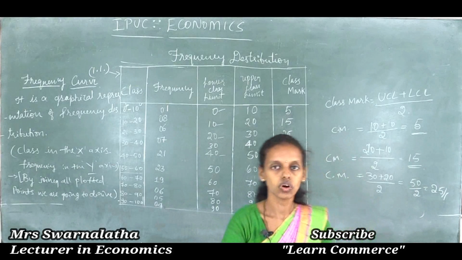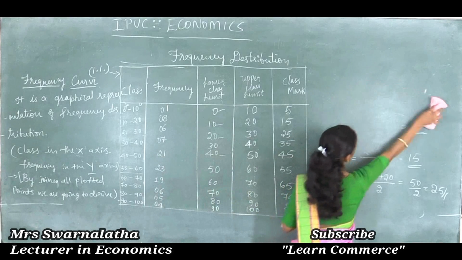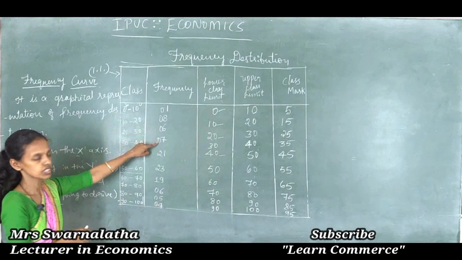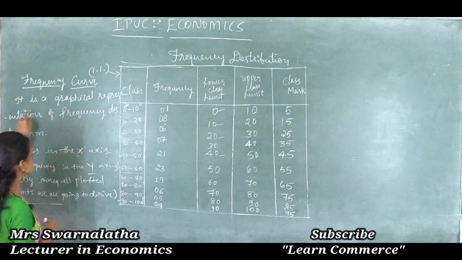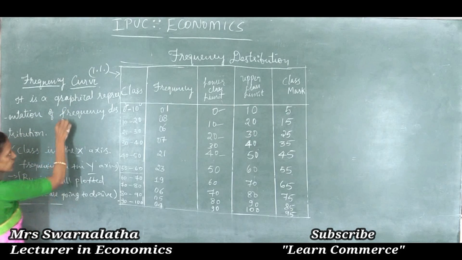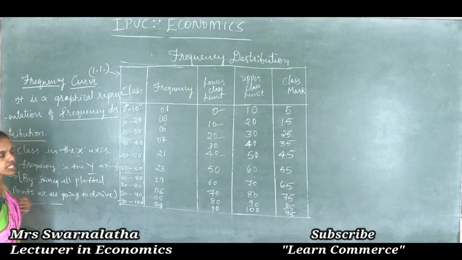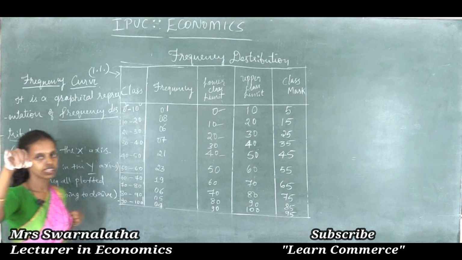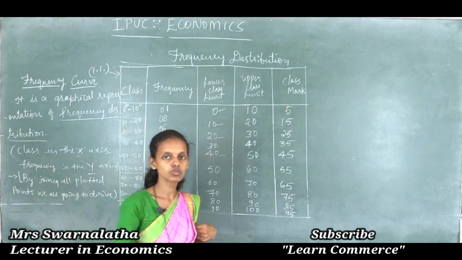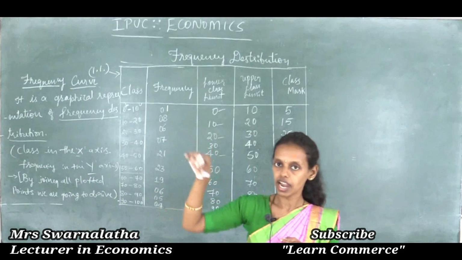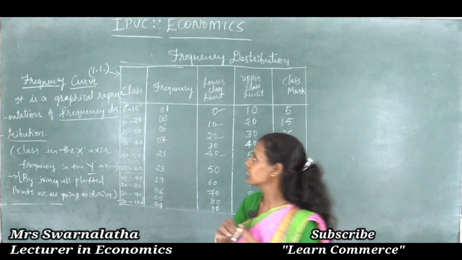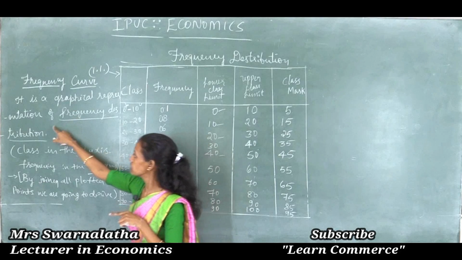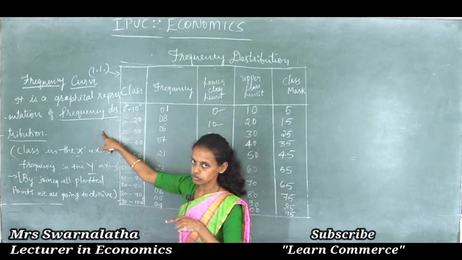Let us see how to draw the frequency curve. With the help of this frequency table, we are considering just the class and frequency. With the help of class and frequency, as I said, it is a graphical representation of frequency distribution. The frequency curve is nothing but a freehand curve. It is also said to be a smooth hand curve. It is a smooth curve drawn freehand. No need of using any scale. Just by using this smooth graphical representation, you are going to derive the frequency curve.